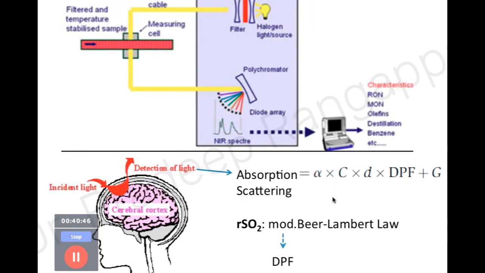This measurement is done using this equation of absorption and scattering, where this is the extinction coefficient, this is the concentration, this is the distance the light has to travel, and this is the differential path factor. So this is the equation that is used. Basically, for all the listeners, just understand regional saturation is the differential absorption of light between oxygenated and deoxygenated blood, and you calculate the regional saturation and apply this modified Beer-Lambert law to derive the cardiac output. So that's all you need to remember.